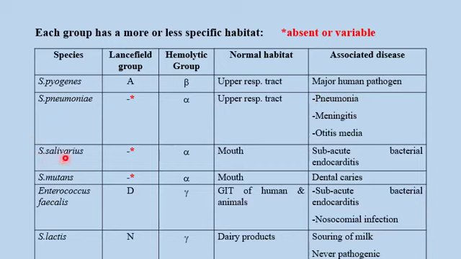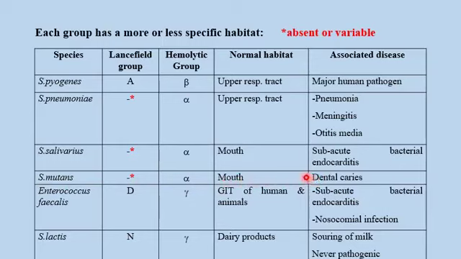Streptococcus salivarius, also Lancefield group either absent or variable. It's alpha hemolytic, present in the mouth as a normal flora of the oral cavity, and it causes subacute bacterial endocarditis. Streptococcus mutans, also Lancefield variable or absent, alpha hemolysis, and it's present also in the mouth, and this is the